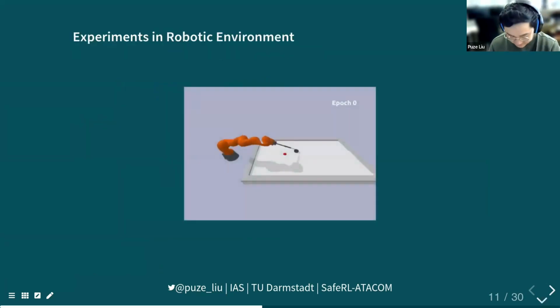Okay, and we have also tried to deploy our task in more robotic scenarios. In this task, we are trying to keep our end effector on the table surface and hit the puck into the opponent's goal. But what we are controlling is the joint velocities.